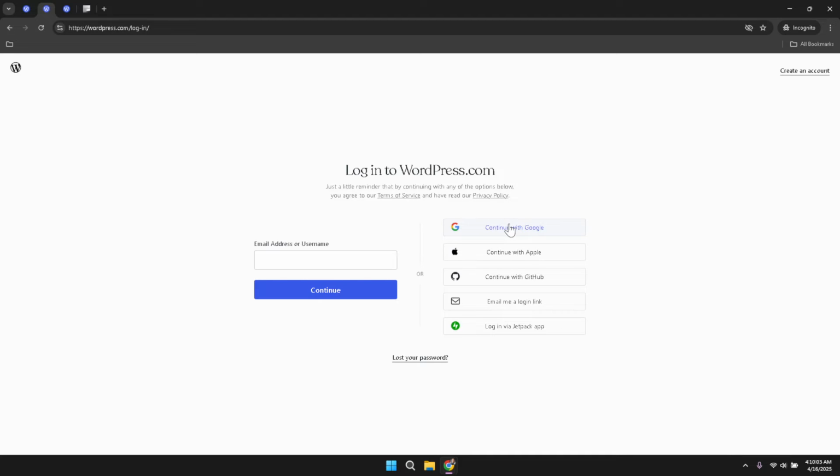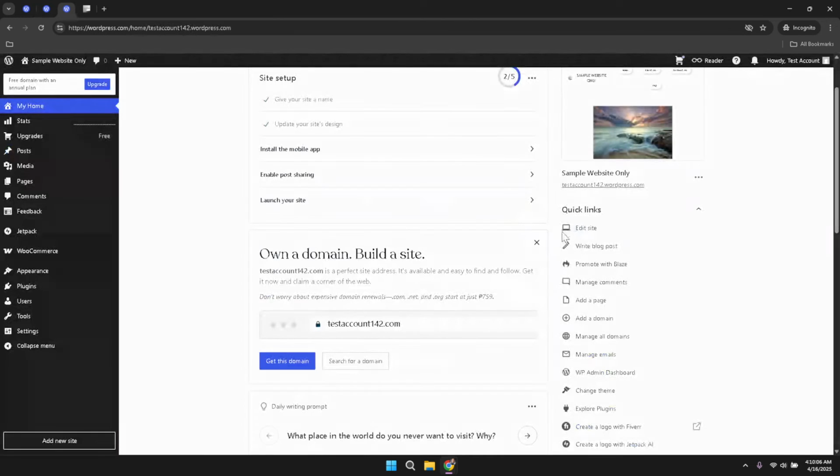Once you have successfully logged in, locate the Quick Links section. This area provides shortcuts to various management tools on your site. Within these quick links, select Edit Site to move into the website management environment. Clicking on Edit Site will bring you to the editing dashboard where you can interact with and modify the elements